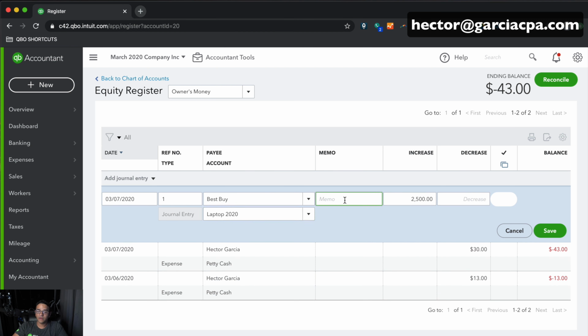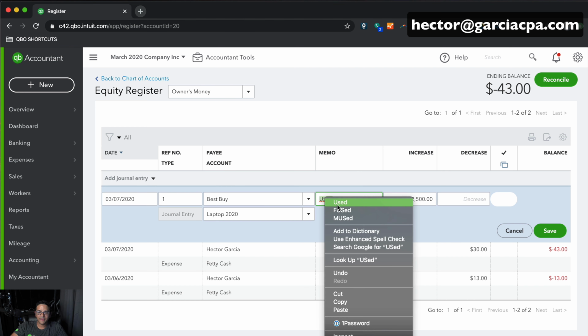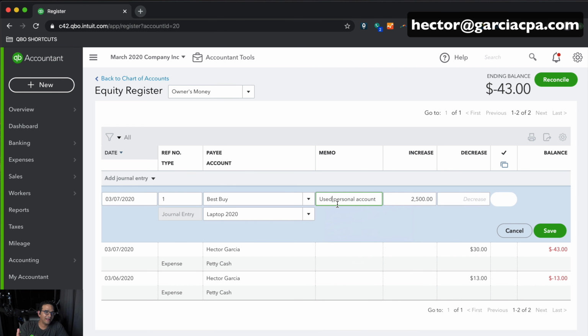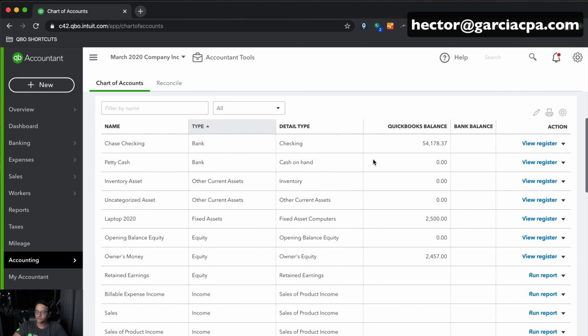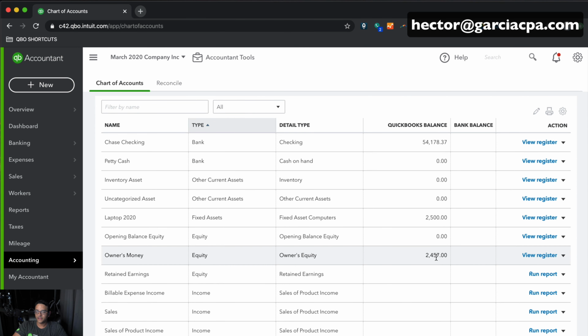So in the memo, I could put here, used personal account, or used personal Amex, or used my home equity line of credit, or whatever. I mean, you can put whatever you want in the memo to justify that. So I'm going to go ahead and click on save, then go back to chart of accounts, and then notice that the owner's money is now